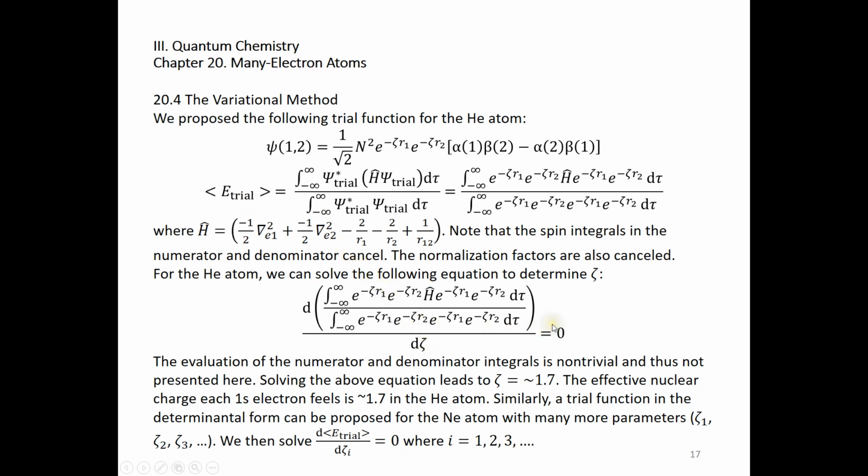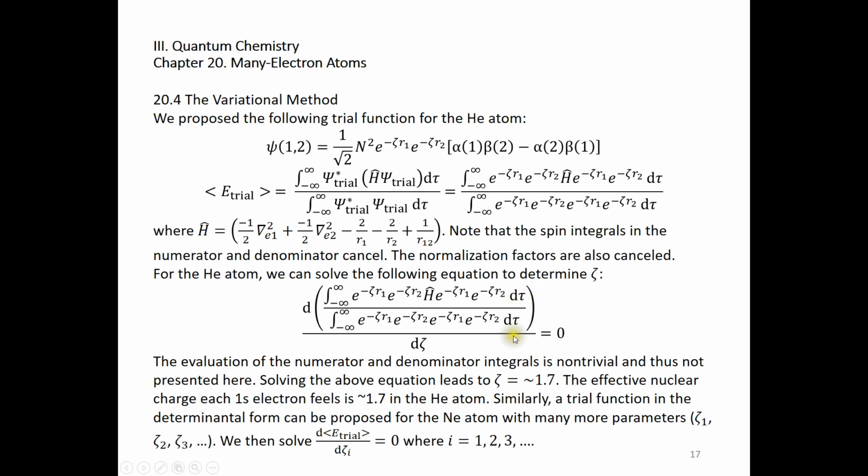We set it to 0, and theoretically we can solve that equation and get zeta equals 1.7. Practically, it takes, I think, a very long time to do this calculation. You need to either write a program or maybe you can use an Excel spreadsheet to estimate those integral values. The effective nuclear charge of each 1s electron is then 1.7 in the helium atom, based on